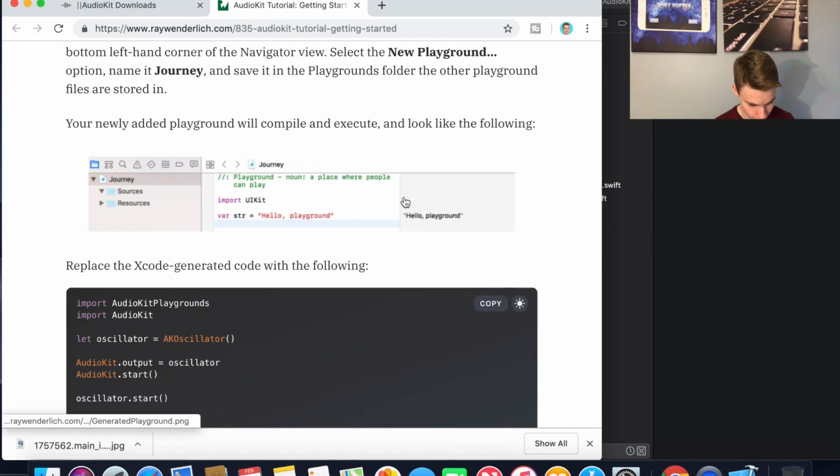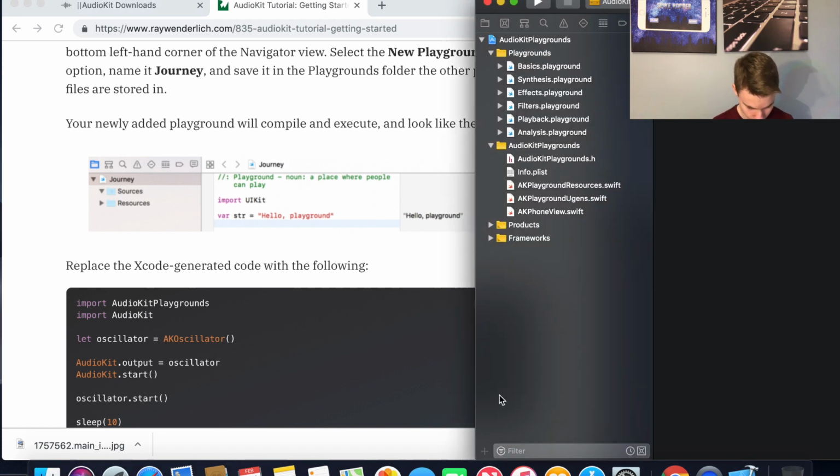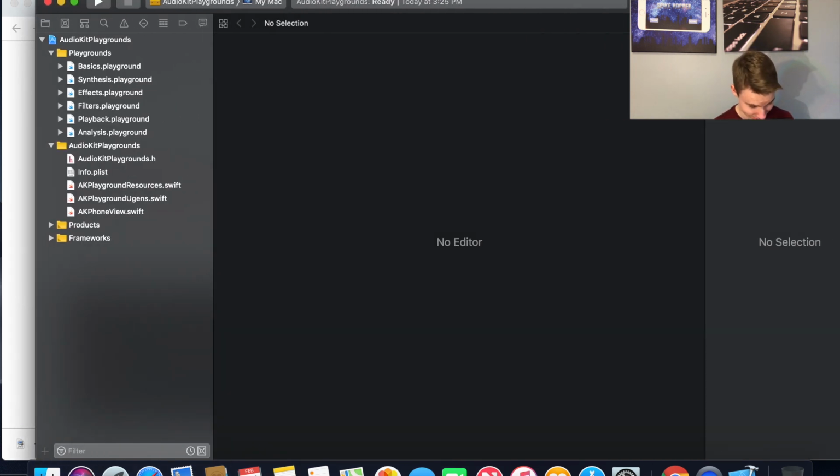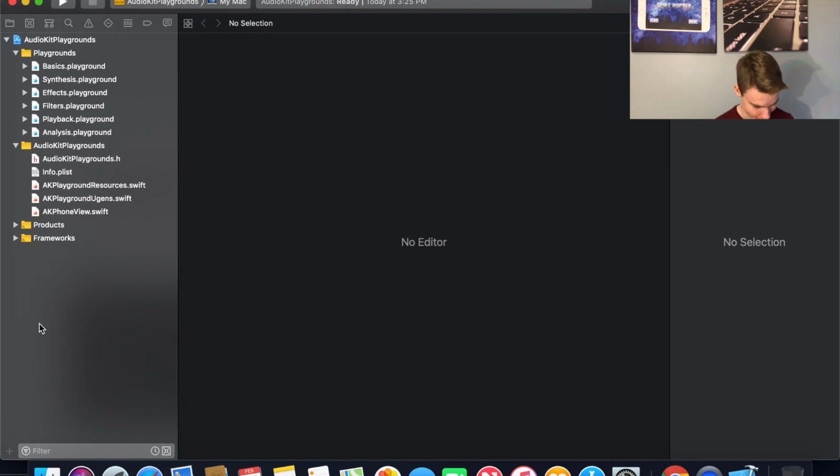So first thing we got to do is, it looks like we got to create a new playground. So to do that, we go to this little add button here. You should have Xcode open and your project open exactly like this. We want to click this little add button here in the bottom left corner, and then click New File,